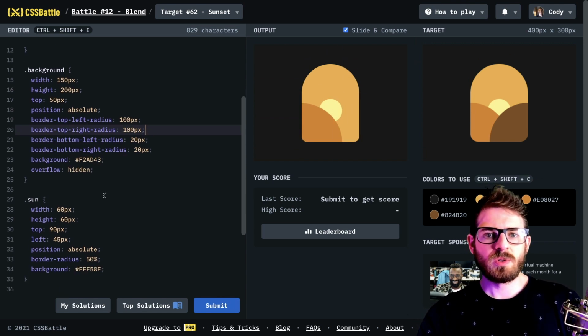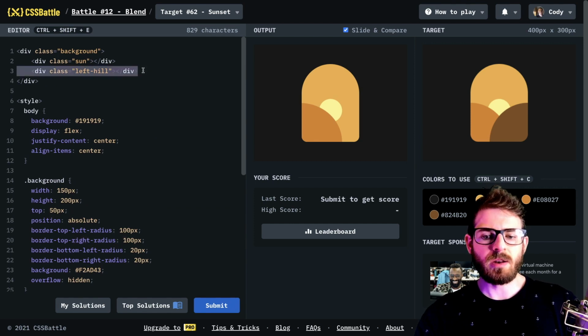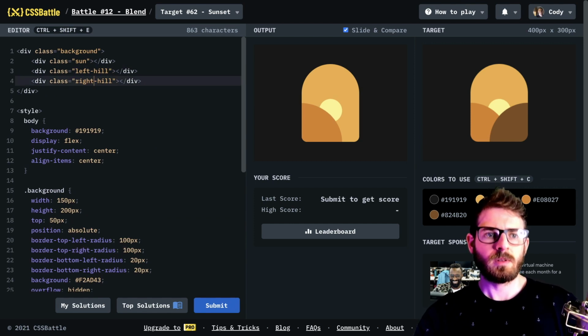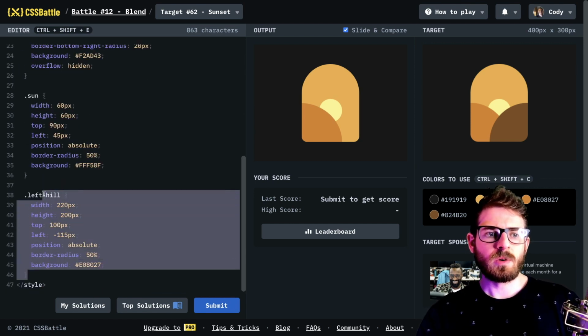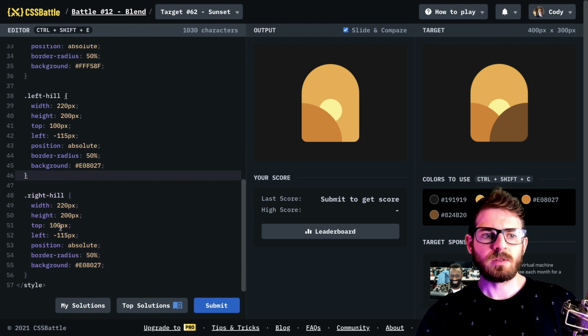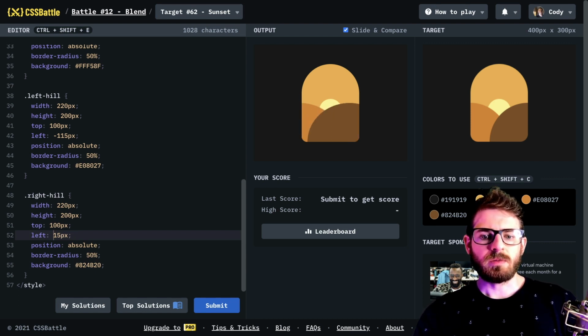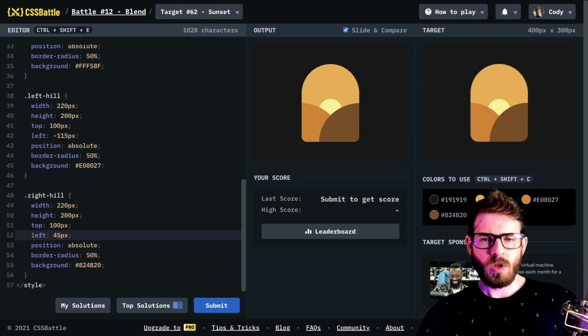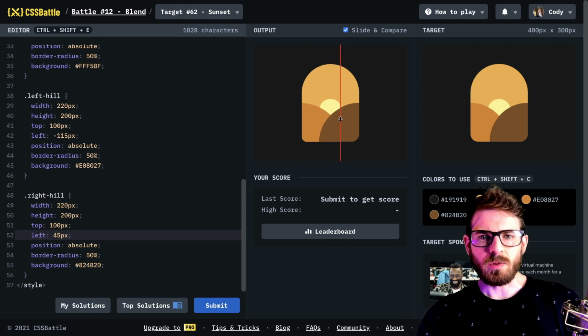So let's move on to the right hill. Let's go ahead and add another one called right hill. And we can just go ahead and copy this. Call it right hill, and change the background color to this brown. And let's just keep pushing it to the right some. So if I were to just instead do negative 15. No, let's try 15. Try 25, 35, 45. 45 actually looks close,